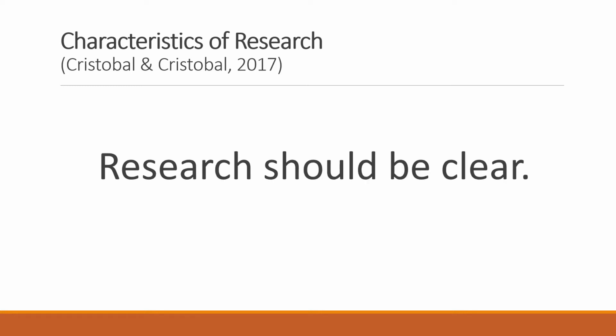And the last characteristic of research, it should be clear. The researcher needs to use comprehensible language to present information and convey explanation throughout the research process. The factors to be manipulated, measured, or described in the study, also known as variables, must be clarified using literature from published and unpublished materials. They should be explained well from the introductory part of the research paper to ensure a deeper understanding of the study to be conducted.